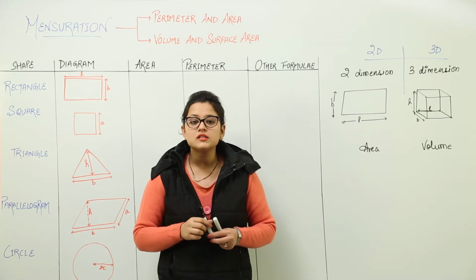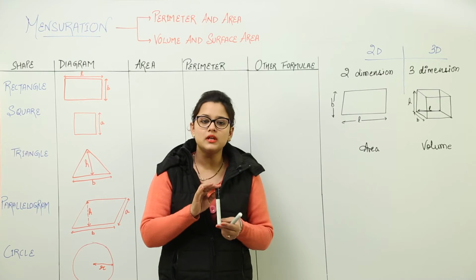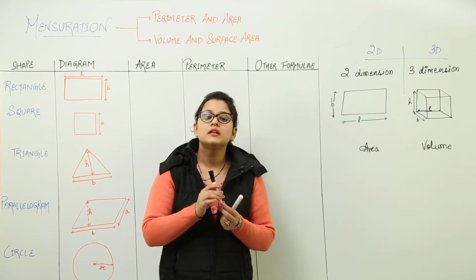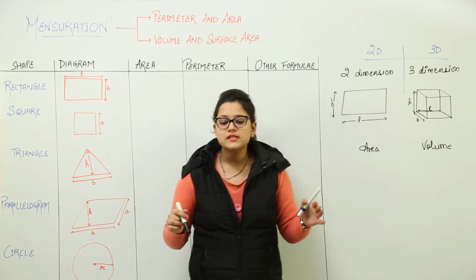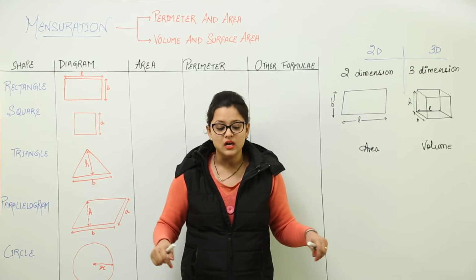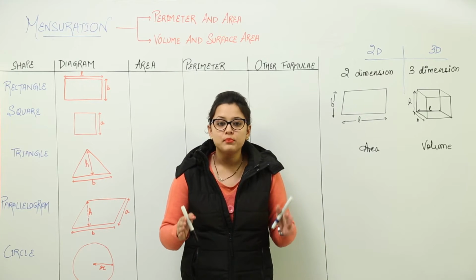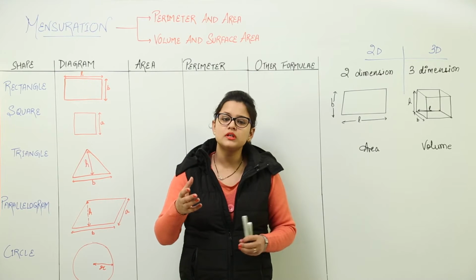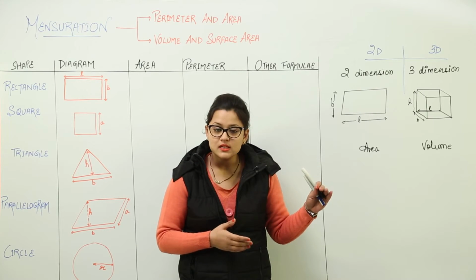But if I ask you how much ink or how much refill it needs, that quantity it can occupy, right? That is known as the volume. Now see, again I am explaining. For example, you want to construct your home, you would be considering the area, how much area your house is going to occupy. But if you want to know how much water you should take in a jug, how much water your jug can hold, that is volume.